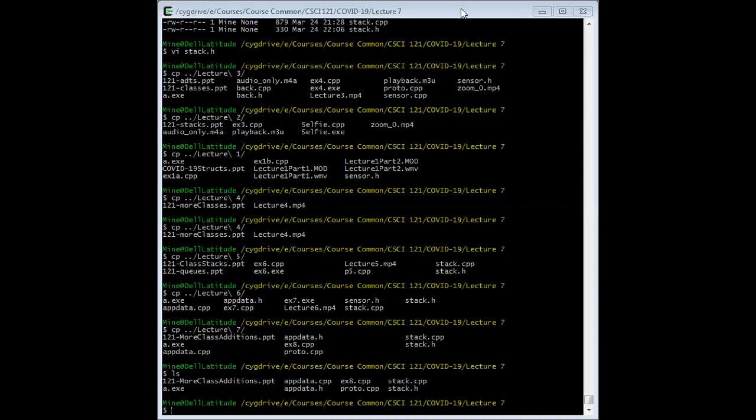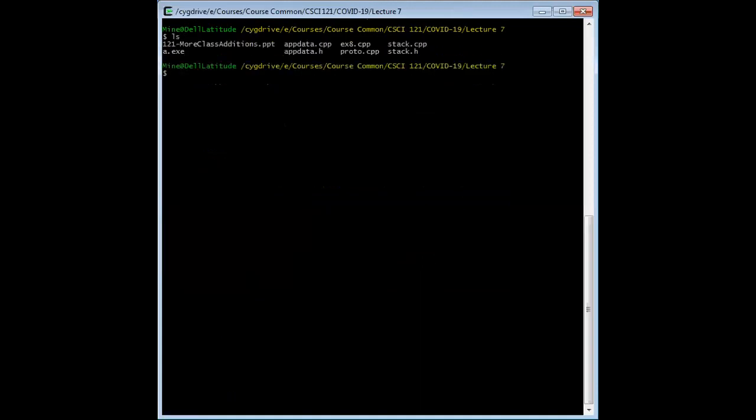So I'm sharing out now the window that I've been doing my programming in. I've been bouncing around a lot, so I'm just going to clear this screen and then do a nice little ls. I've already renamed sensor.h and sensor.cpp to be appdata.cpp and appdata.h. Going into appdata.h,